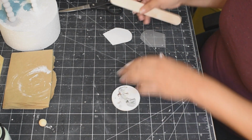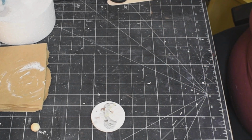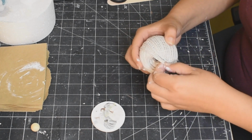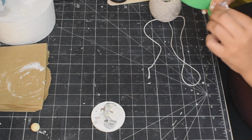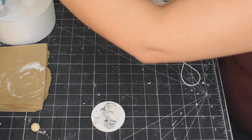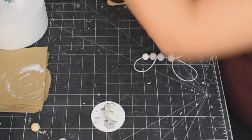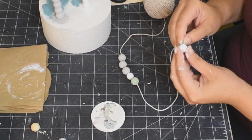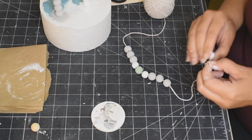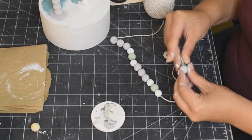Love it. So pretty. And again, with the baker's twine, I am going to find the end, there we go, and just tape off the end so that we can thread our beads really easily. Taking 3 of the gray beads, and then 1 white, 1 green, and 1 white. So 3 gray, white, green, and white. And remember, the white ones are a little bit smaller, so it gives it a little bit more character. And we'll continue that pattern all the way down our string here,